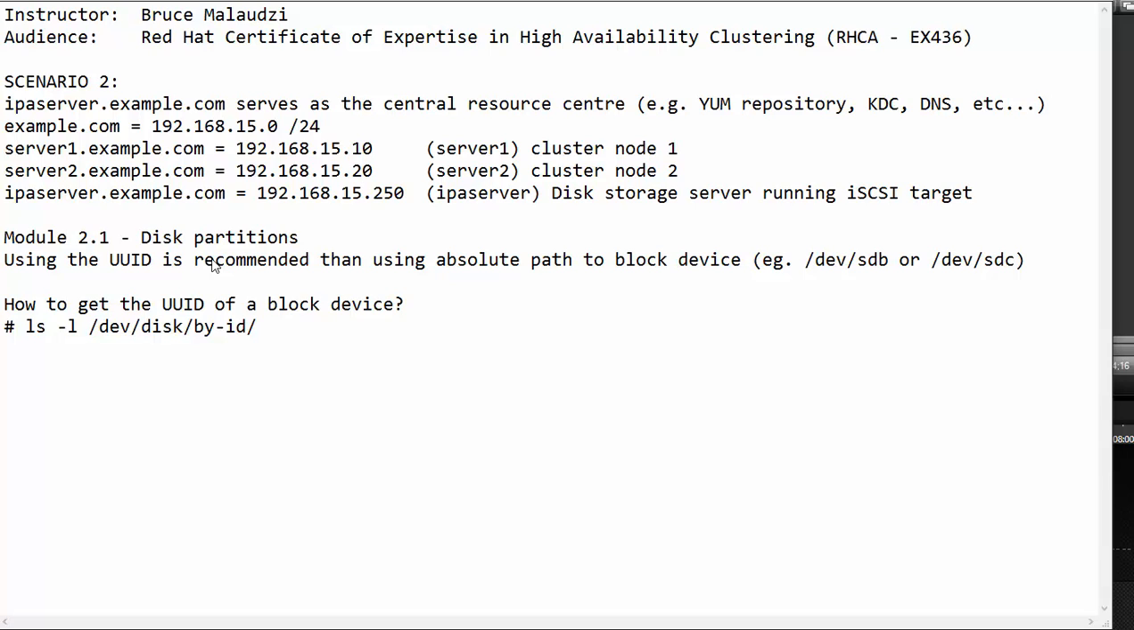In this module, we will look at disk partitions. We are required to make a disk partition, but I'll just have to explain a little bit on disk partitioning, and we will create a disk partition in a later module. In this particular module, I will explain why it is recommended to use the UUID instead of the